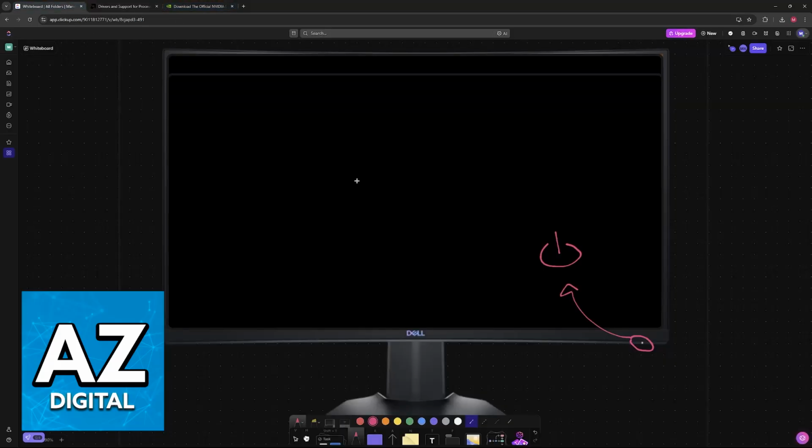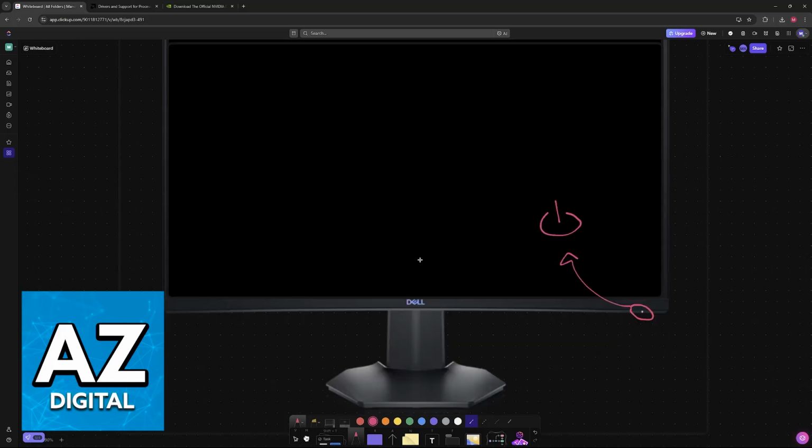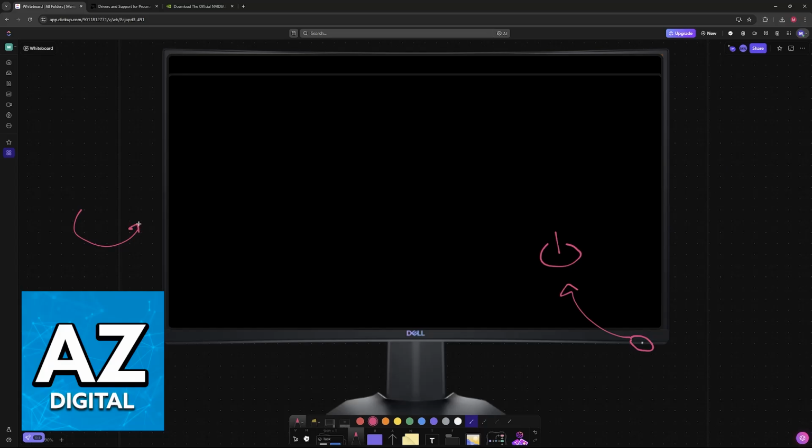If all else fails, it could be an actual faulty hardware inside of the monitor, and in that case, I wouldn't recommend replacing it yourself. I would recommend talking to the Dell customer support and making sure that the agents can replace the monitor for you. I hope I was able to help you on how to fix Dell monitor flickering problem.